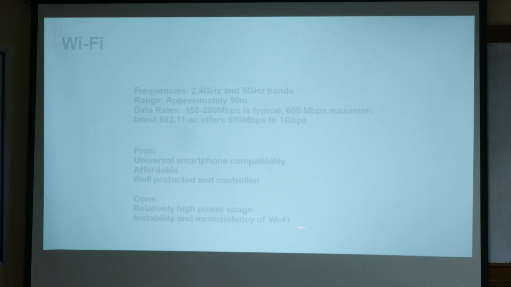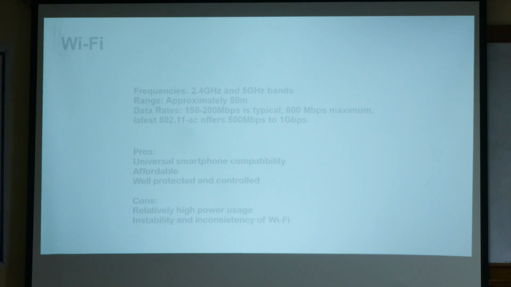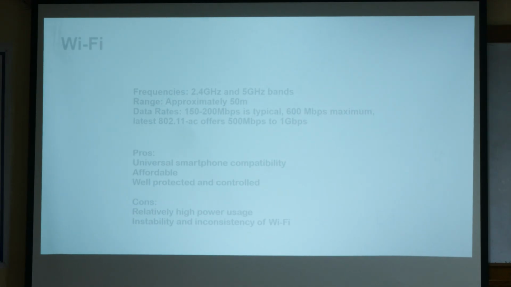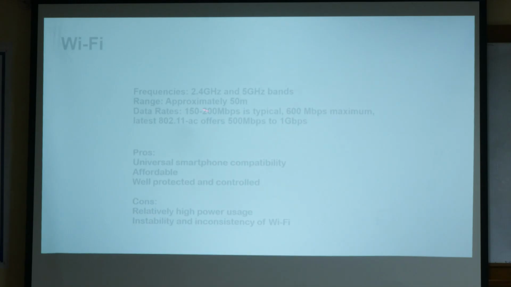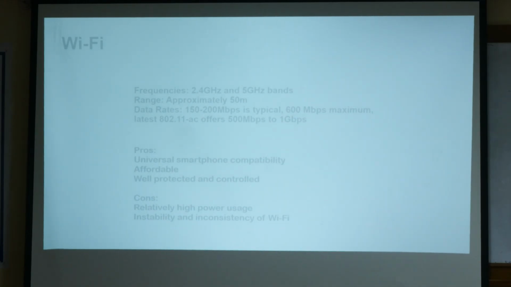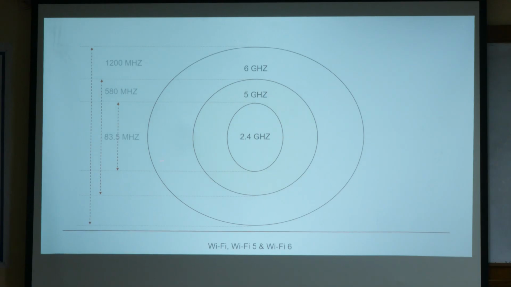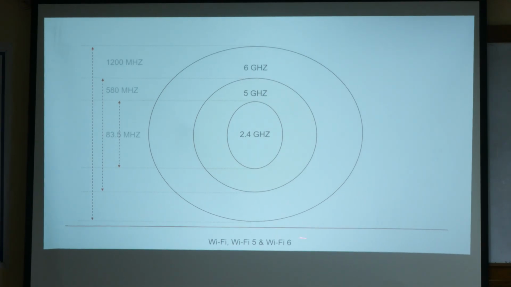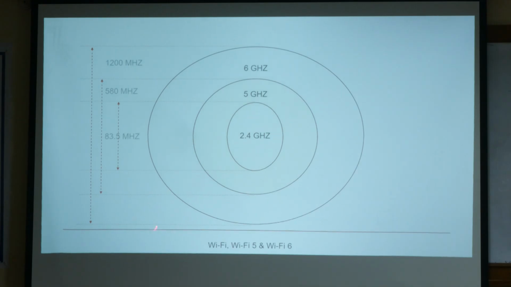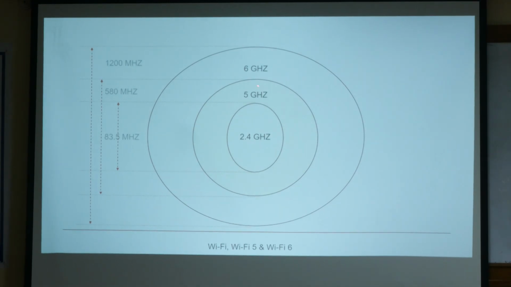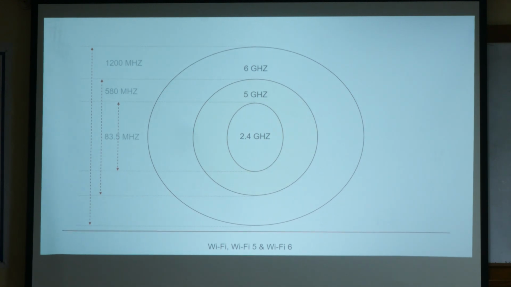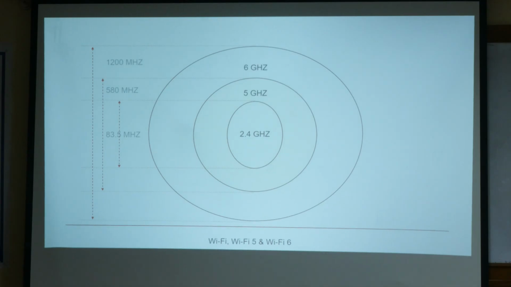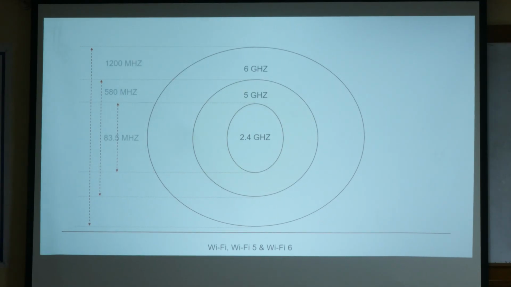And this is a very important thing: stability and inconsistency. It goes and comes and it goes and comes. This problem is there. Otherwise, it is good. You have well protected control. The distance is good. Data rate is good. So now if you look at Wi-Fi 6, this is what bandwidth is. You can see that with Wi-Fi 6, you have 120 megahertz bandwidth available to you, which means that 1 gigabit, 1.2 gigabit data rate, you can transmit, which means that